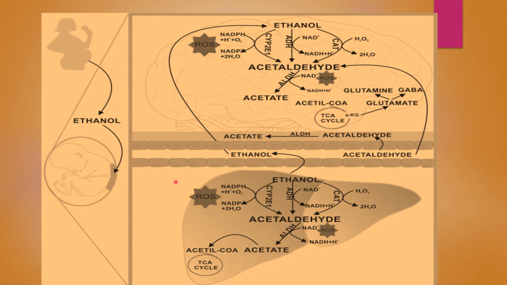So alcohol causes many CNS effects. It inhibits the excitatory receptors and potentiates the inhibitory neurotransmitter GABA, as I have told you here, because of the lack of availability of glutamate, because of slowing down of the TCA cycle, alpha ketoglutarate is not able to be available to convert to glutamate. So glutamate is the source for glutamine and GABA. Both are very neuroactive substances.